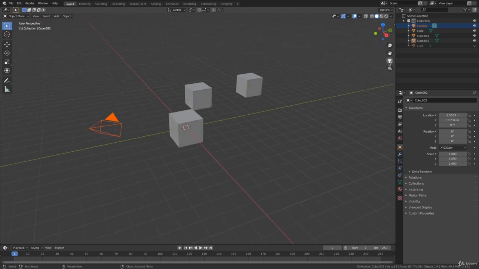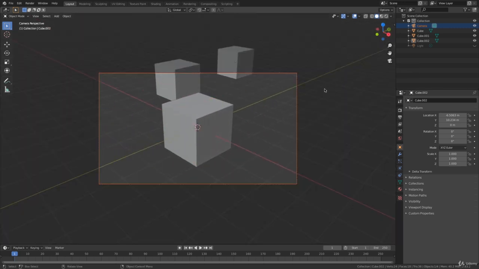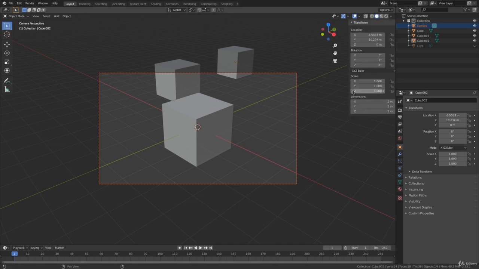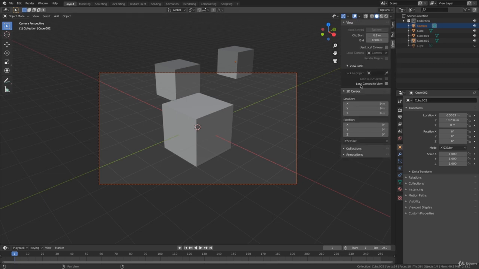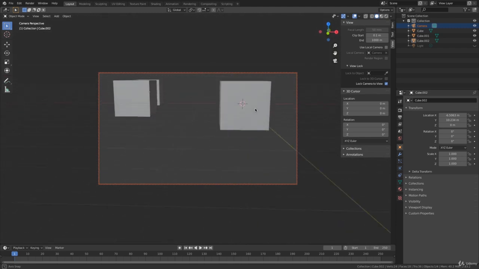So to do that, we're first going to go and look through the camera. And then you're going to press N on your keyboard, N for November, and then you'll see this transform tab will appear. And then right at the bottom, you'll see item, tool, and view. And if you click on view, you'll see an option that says lock camera to view. Now, if I click this, it will get this border around it. You can see there it will create that dotted line,